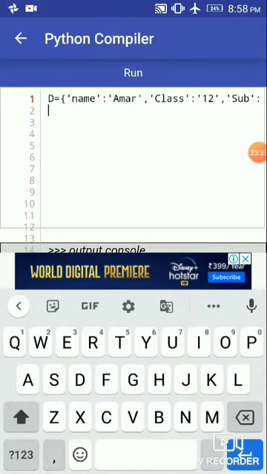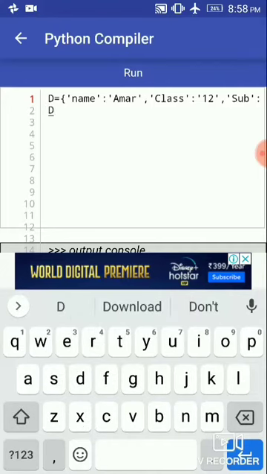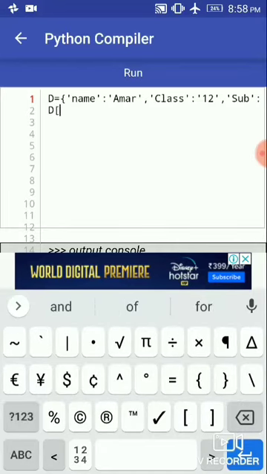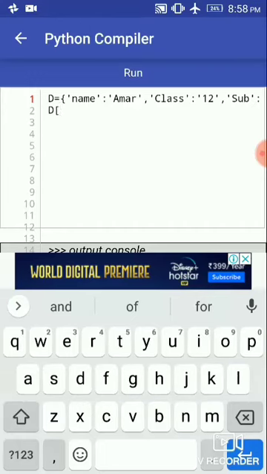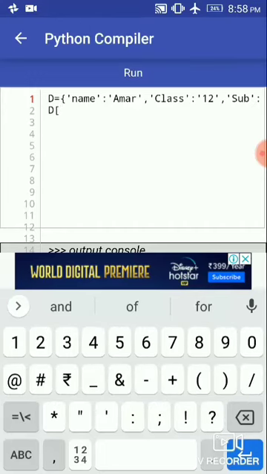For adding values to a dictionary, we just use the dictionary name. So here we add some values. So D, and we use square brackets, and inside the square brackets we mention another key. Let's mention the other key names: name, class and subject.